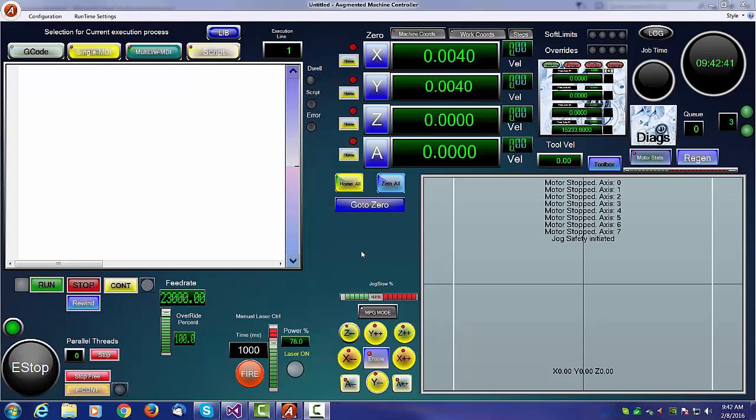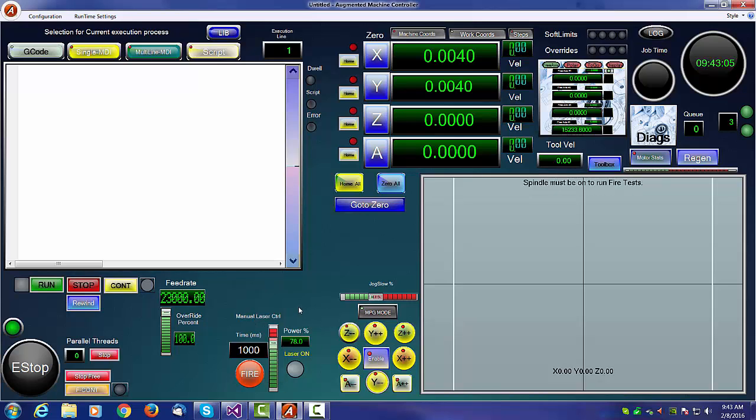Hello everyone. We're going to take a look today at a few changes that have been occurring in Augie. It's getting very close to the time I'm going to hook up my laser and we'll start calibrations and so on. You've seen videos that my motors are moving quite nicely, so it was time to work on the output circuit. To that end, we have a firing circuit on our screen here